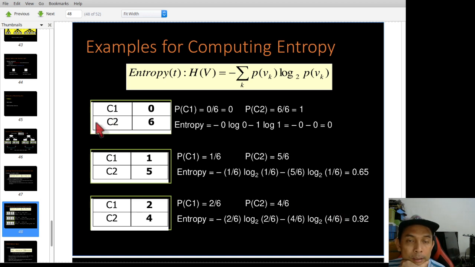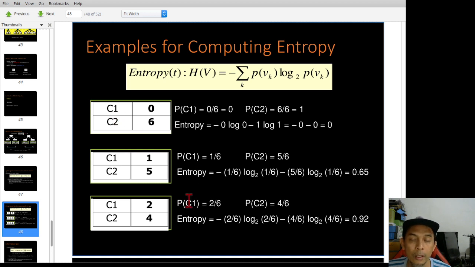let's say the first one is attribute 1. The second one is attribute 2, and the third one is attribute 3. So of these three attributes, which one do you prefer for the splitting? So in this case, you need to pick the highest one. So the highest one is 0.92. So in this case, you can use attribute 3 as the splitting attribute compared to the other two.